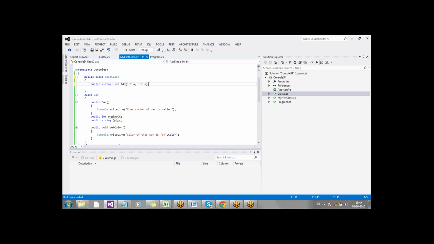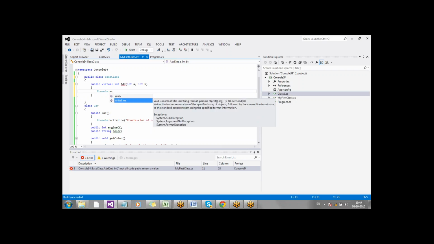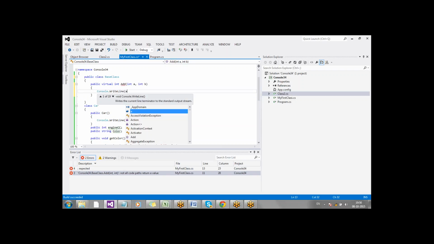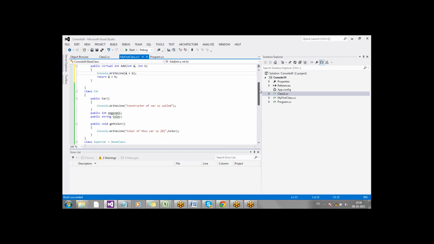And the method inside your base class is defined using your virtual keyword. Fine, and return a plus b. The implementation is a bit different. So I want to remove this Console.WriteLine in my base class. How will I do that?